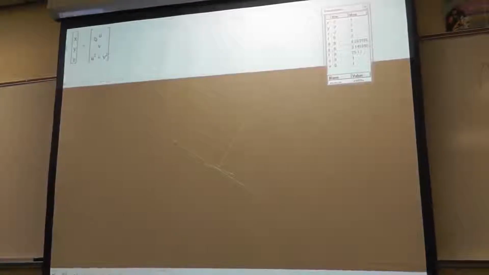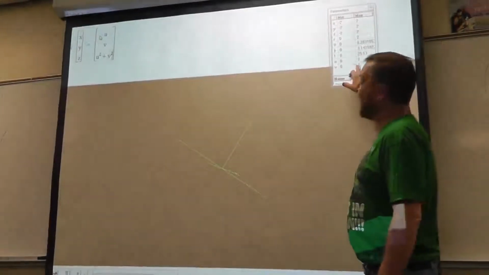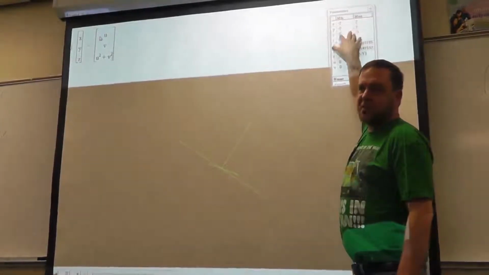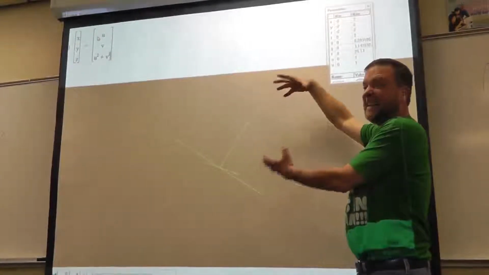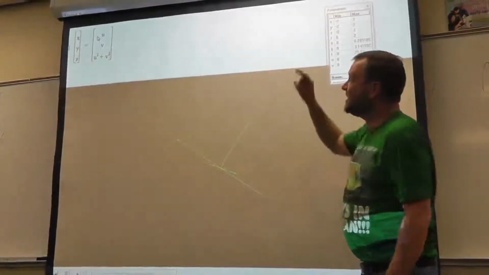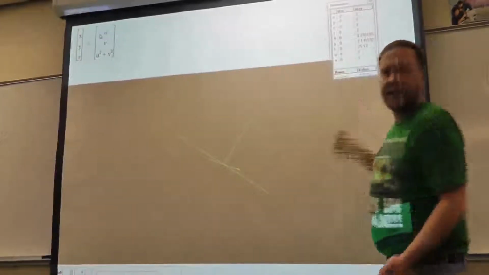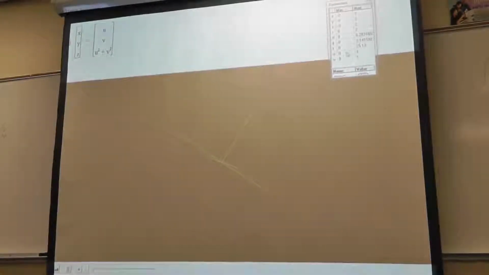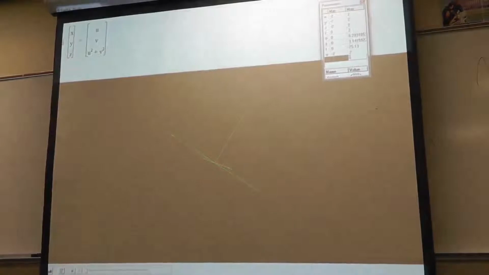Now, I want to change this over here. I don't want u and v to go from 0 to 1. I want it to at least kind of match the domain of my box here. This is the domain of xy space, the -2 to 2, this invisible box that we can see the surface in. So since u represents x and v represents y, I'm going to allow them to go from -2 to 2 also. Okay? So before I hit graph, -2 to 2, -2 to 2.